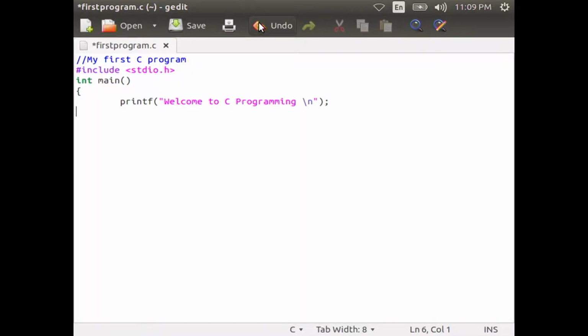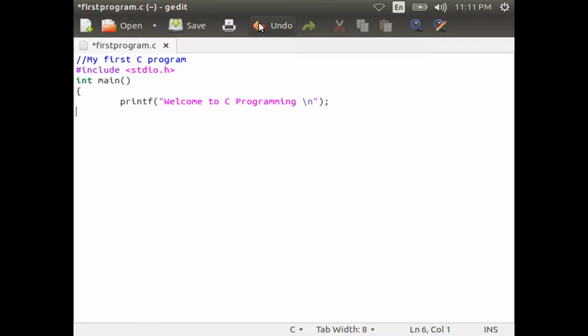Every C statement must end with a semicolon. Hence, you type it at the end of the statement. Semicolon acts as a statement terminator. Now, you move to the next line and put a tab space for indentation and type return space 0 semicolon.